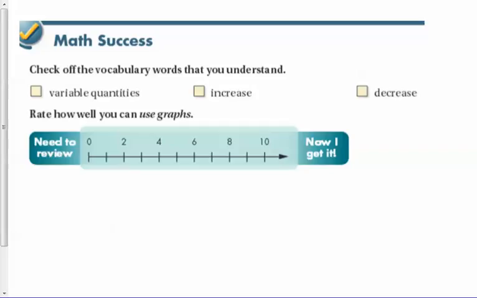All right. So check off words that you don't understand. Variable quantities. Do you know what that is? That's like your X and your Y. Increase means to go up. Decrease means to go down. See if you know those things. If you don't,